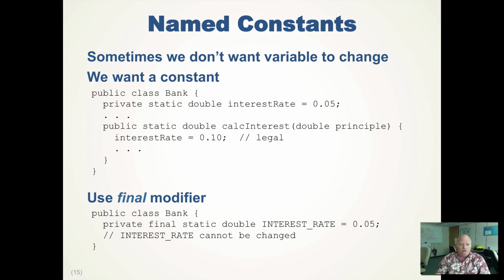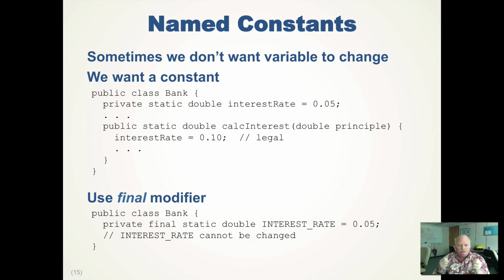So in order to create the constant, we can use the final modifier. So we say private final static double. And because it's final, it can't be changed. That's the rule. It's a compile error if you try to change the interest rate to something later on. So the compiler will make sure of this. And because we made it final, we tend to want to change the variable capitalization so that it's really obvious that this is intended to be a